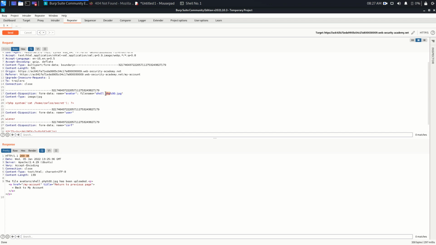Let's try something like this. If we say JPG here and say PHP here, try to send again, and forbidden. Yeah. So anyhow, you cannot actually upload a PHP file. But there is a thing,